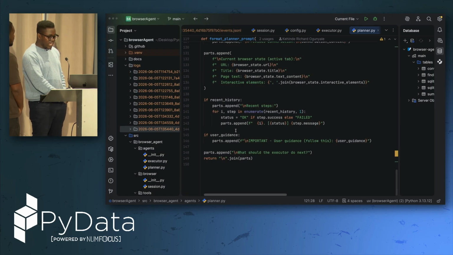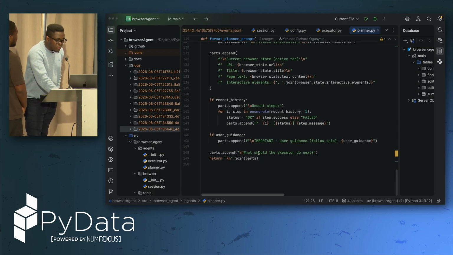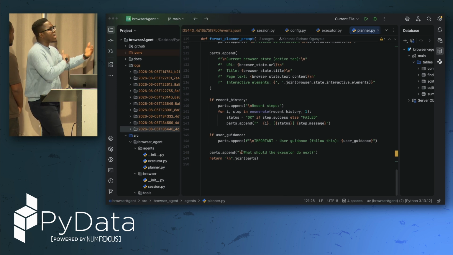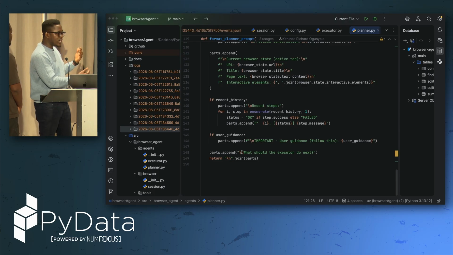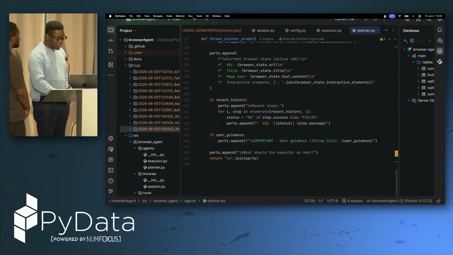And then if there is a user guidance that it needs to follow, then it just follows that guidance. Then this is on the planner layer, and it's like a back and forth between the planner and the executor, right? It now asks, what should the executor do next? So we've given it all this context. Then the planner returns to the executor and says, okay, this is the list of things you should do based off the prompt that we've just